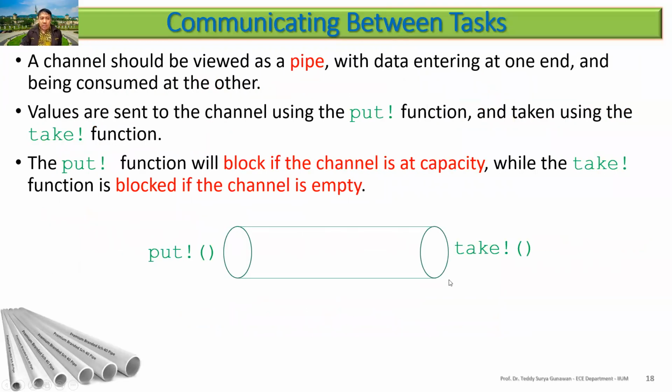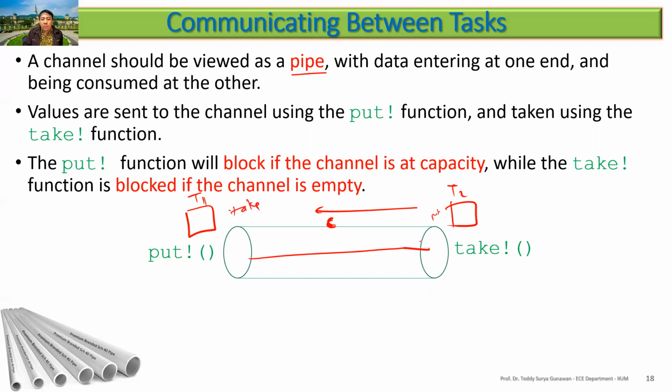Okay, so a channel can be viewed as a pipe. So you have task 1 and task 2 here. You need to specifically put the channel here. Using the same channel, of course, you need to communicate which one you are using. This is c equal to channel, then channel c will be used, so that you can communicate between T1 and T2. You can put here, meaning go in that direction, and you can take here. If you put and take, it will go in that direction.